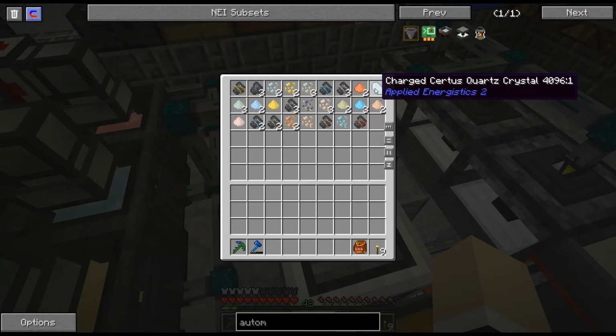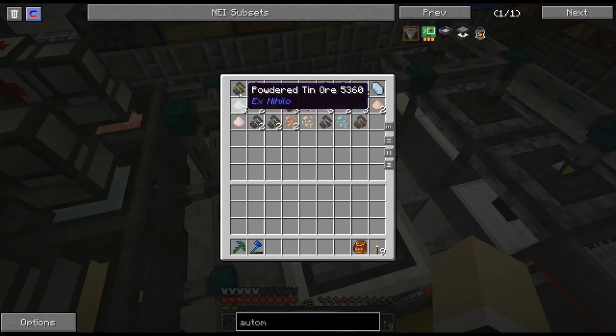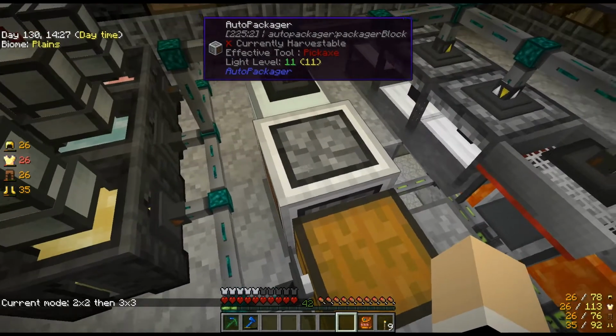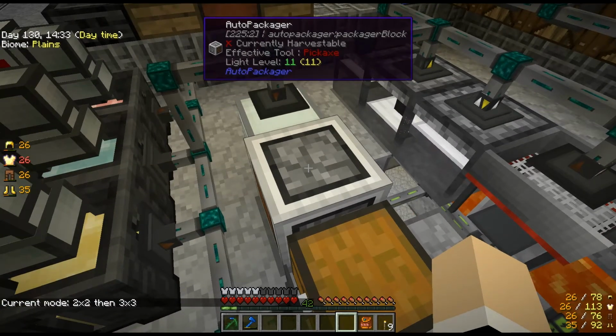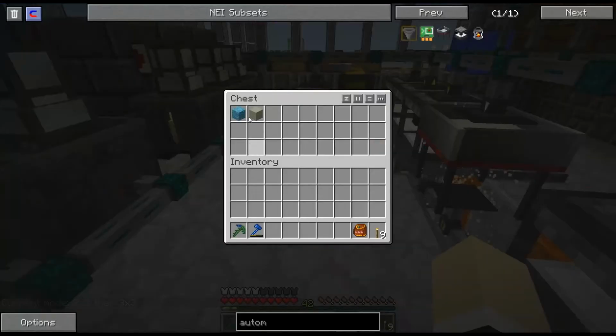Oh, well, this is charged Certus quartz. I wasn't expecting charged, so I'm going to have to make another barrel for the charged. But once we get 4 of these, then they will go into the auto packager. There's no GUI for that. It'll go into the auto packager, and it will do the 2x2 in the crafting grid, put them into block